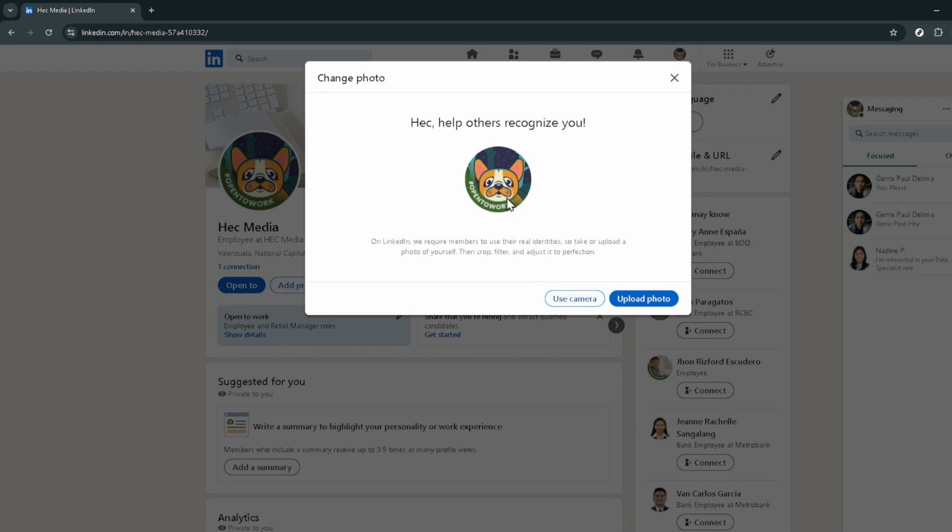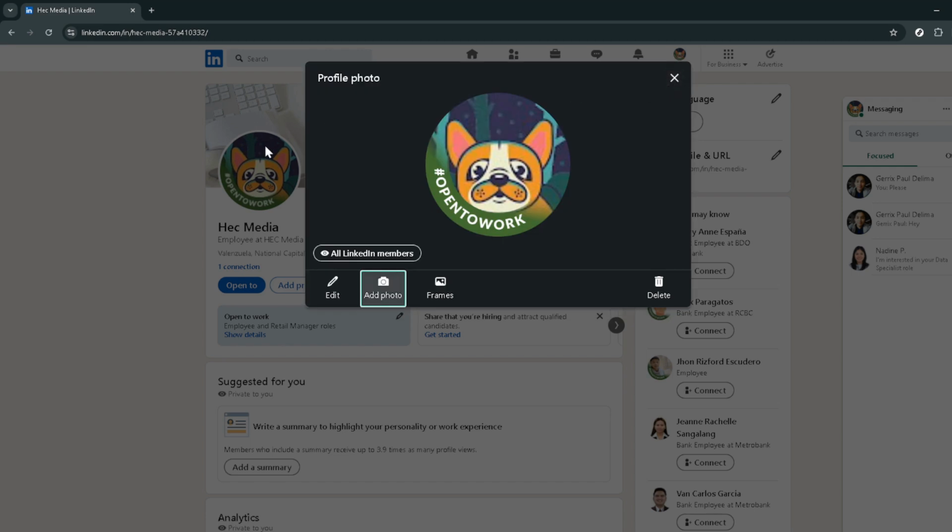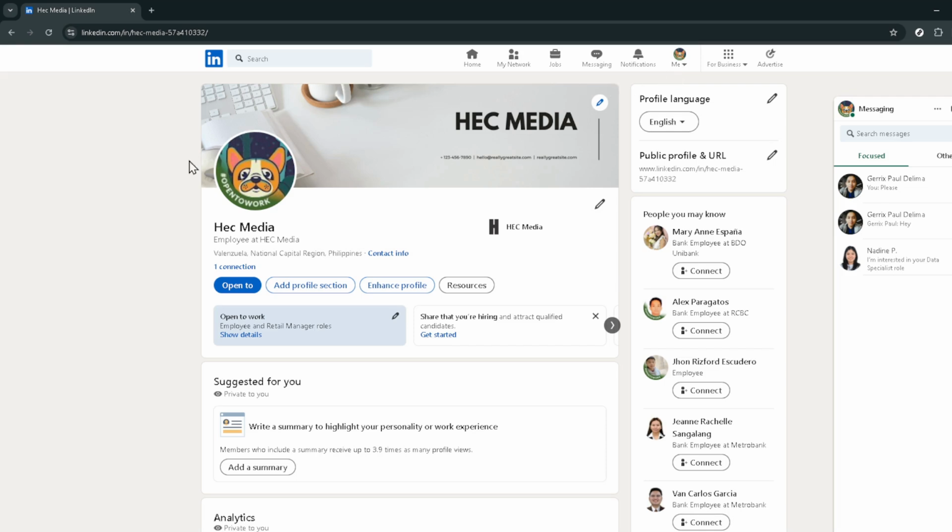Remember, a good profile picture is key to making a strong first impression on LinkedIn, so choose an image that is professionally appropriate and reflects your persona in the business world. Updating your LinkedIn profile picture is a quick and effective way to ensure your online presence is up to date and approachable. Whether you're job searching, networking, or just keeping your profile fresh, a current photo is a crucial component